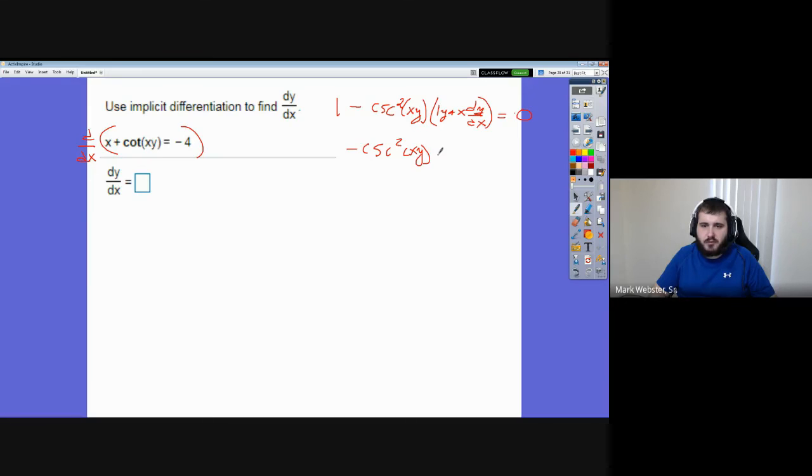You've got negative cosecant squared of xy times y plus x dy dx equals -1. And if you like, at this point, you can say, hey, a negative on one side, a negative on the other. Save yourself some time and energy going forward. And then you just divide the cosecant squared, leaving us with,